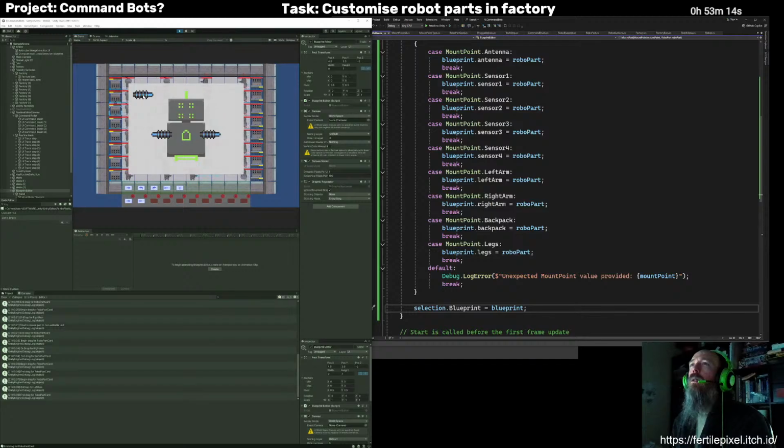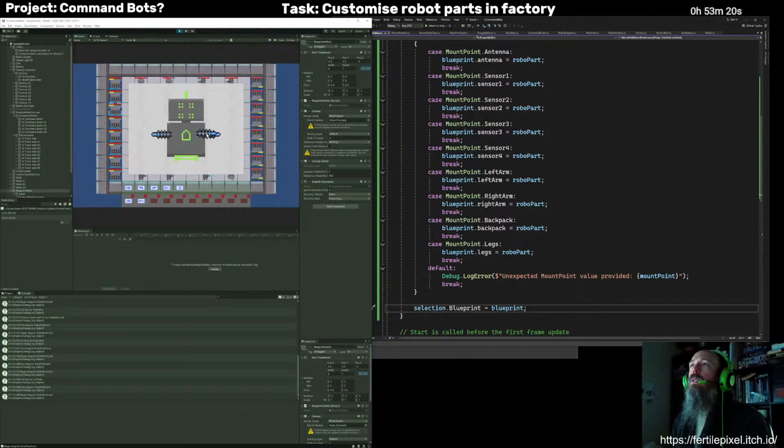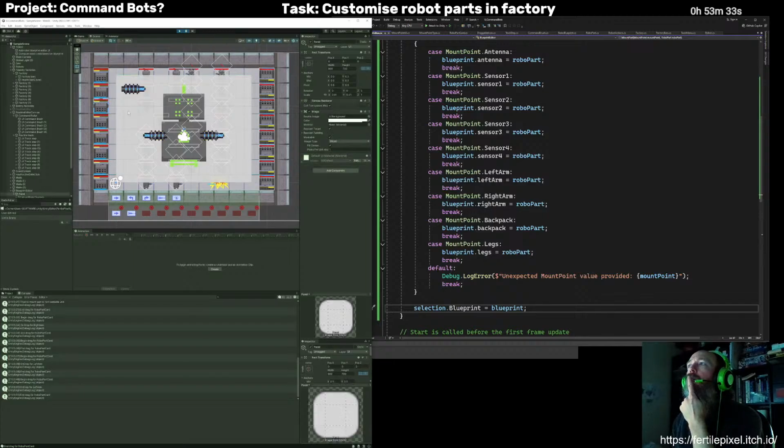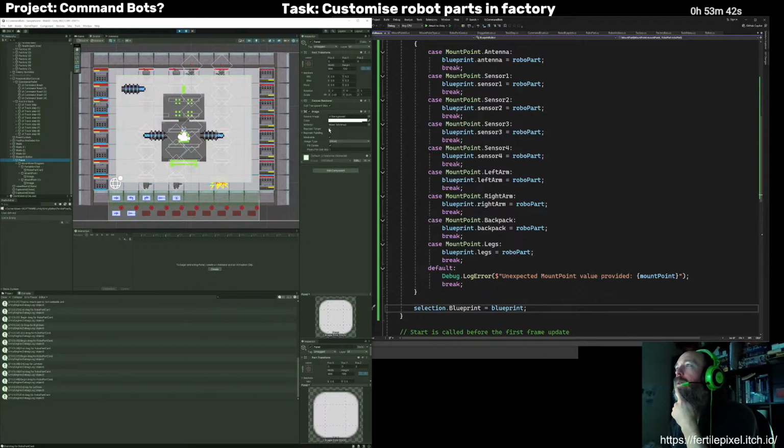aha, interesting. So the mouse down on that when it's over a robot undid the selection. That's something I'll need to fix, and I think maybe if I make this canvas, or maybe this panel, make that image be a raycast target.